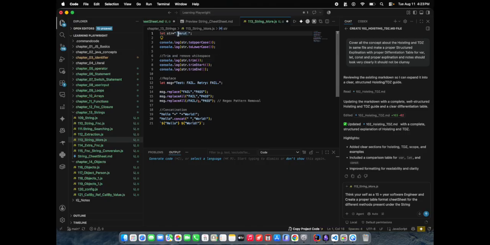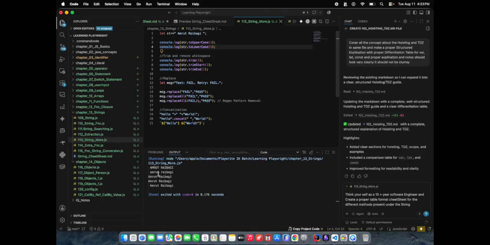Trim start will trim the initial white space at the start, and trim end will trim the white spaces at the end. Let us try to print this one. So uppercase, second one is lowercase, and this one trims the spaces, trim start trims the spaces at the start, and trim end trims the spaces at the end, not the middle ones.